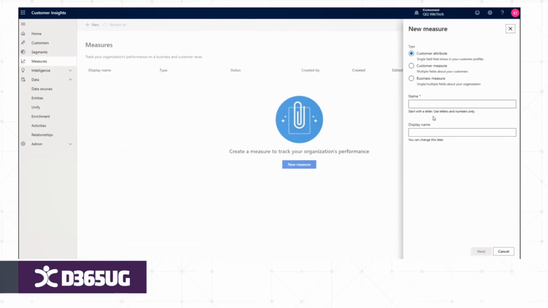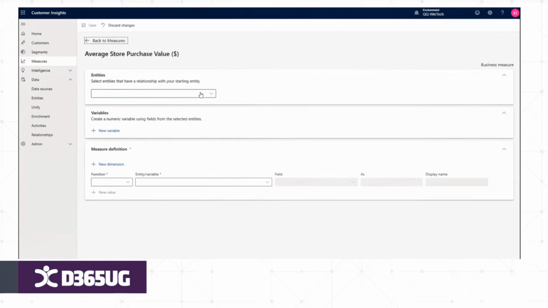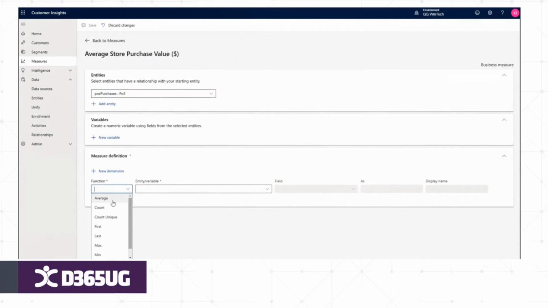Let's now create a measure. For this example, we'll create a business measure to show the average store purchase value. Firstly, we select our measure, give it an appropriate name, and can then build it out using the tools available to us, like functions. Functions give us the ability to apply logic to our data, such as determining the average